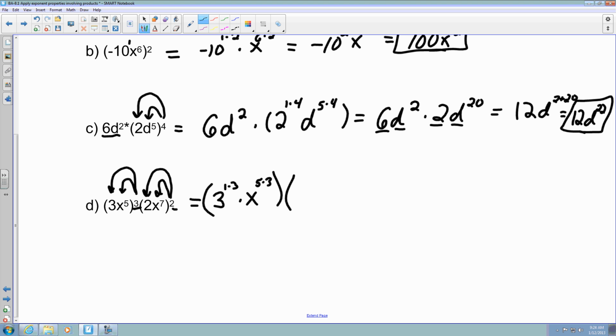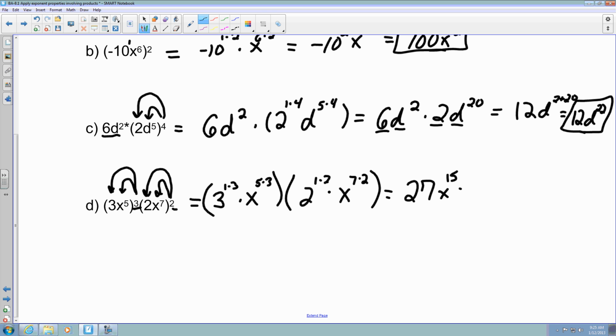And in the second parentheses, I got 2 to the 1 times 2 multiplied by x to the 7 times 2. So then this can come out to be 3 cubed ends up being 27 because it's 3 times 3 times 3. And we got x to the 15th power